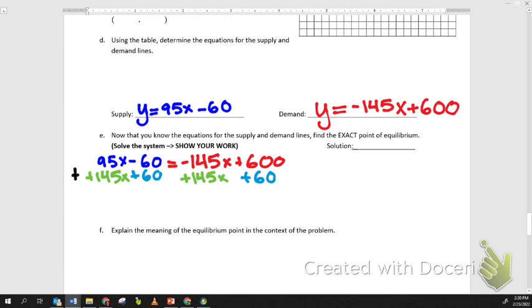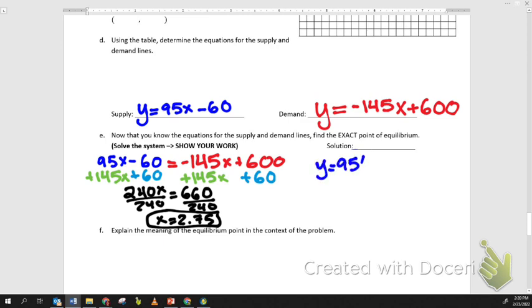And when I solve those, I would have 660 and 240x. Which would give me x equals 2.75. My last step is to plug it in. So I could plug it in for either one. I'll put it into this first one,